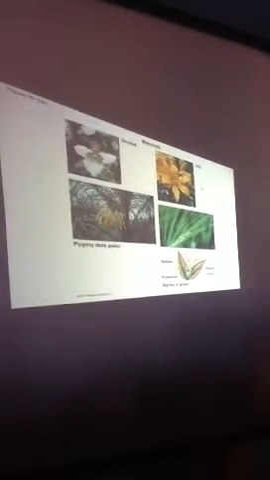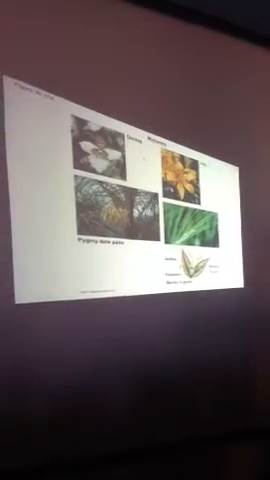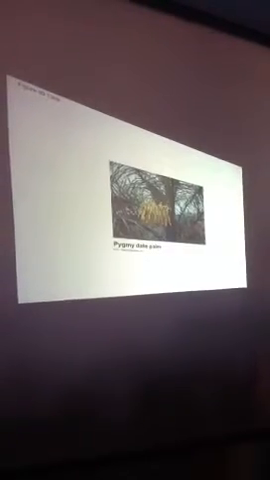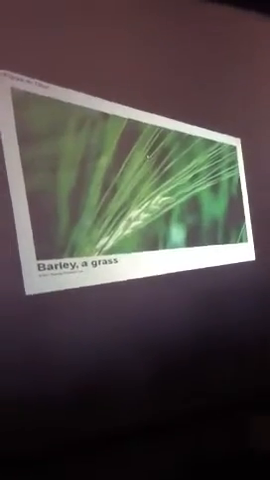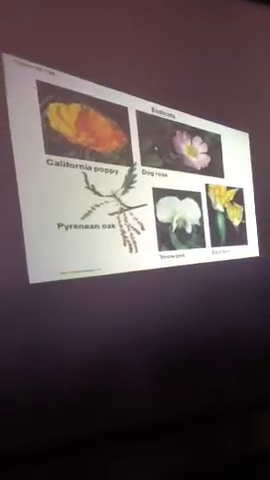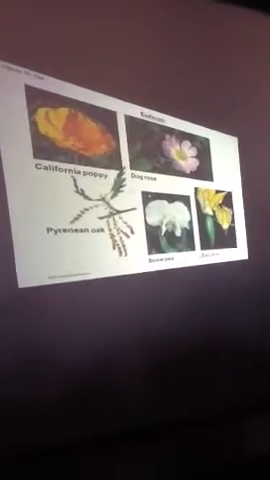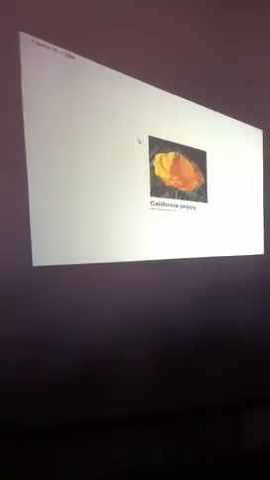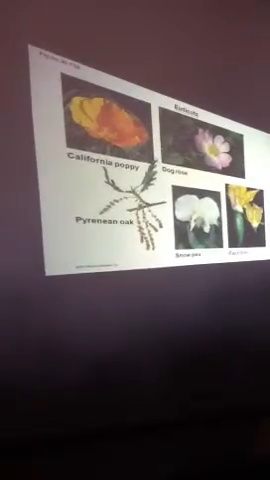So I mentioned monocots versus dicots. These are some examples of monocots: the orchid or the lily. Most are dicots or eudicots, like zucchini, poppies, etc. Now there are also some other plants